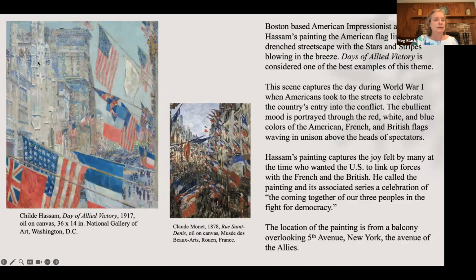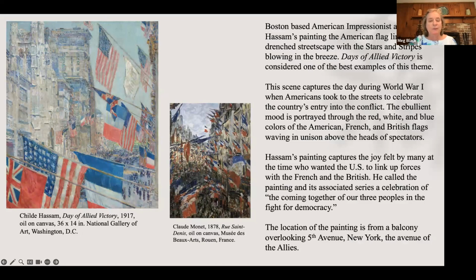In fact, this one looks a lot like a church. I would imagine it is, which would be significant as a religious symbol, which is very typical of these types of paintings. But we see that, oh yeah, it looks like he got some of this from Claude Monet, which he absolutely did. He's like many American impressionists. Childe Hassam studied in France. And then he comes back from France and he has the style down pretty well.